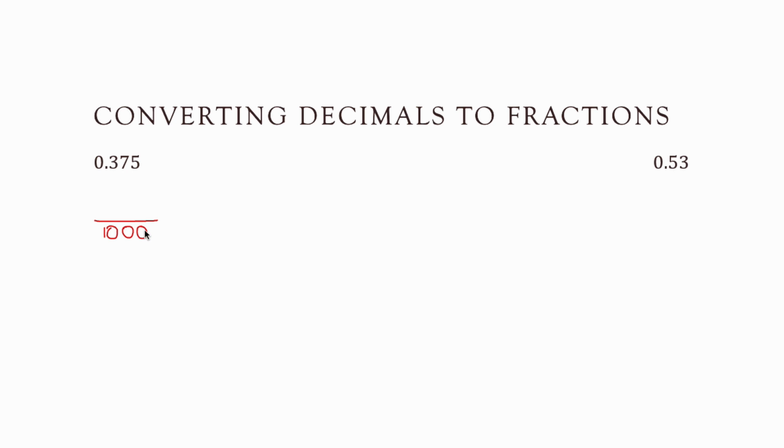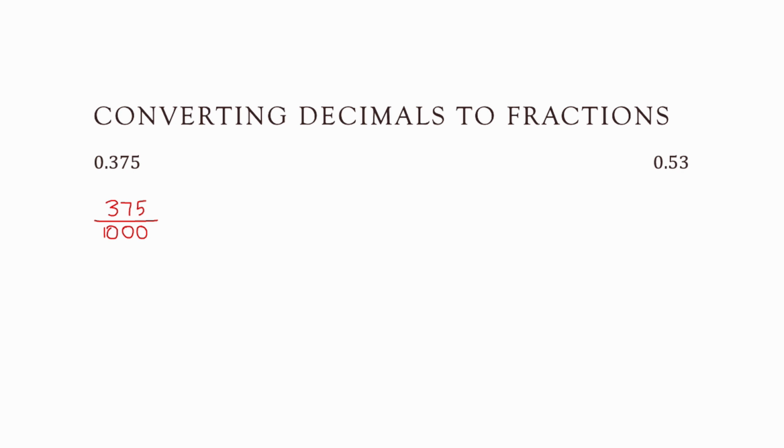And our numerator is just going to be this collective decimal, 375, because that's what it means. 375 thousandths is how we would read this decimal. And it's the same with this fraction. We would read this fraction as 375 thousandths. So we have this, but we can simplify it. How? Well, if you want to know that, there's another video up above in the cards that you can check out to see how to do that.